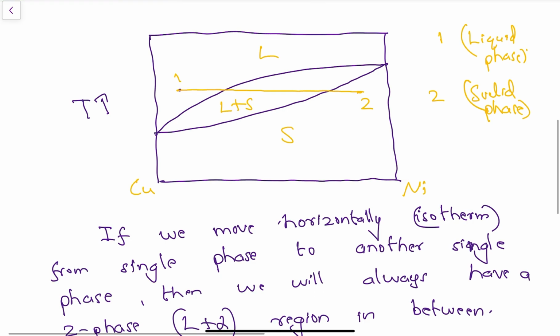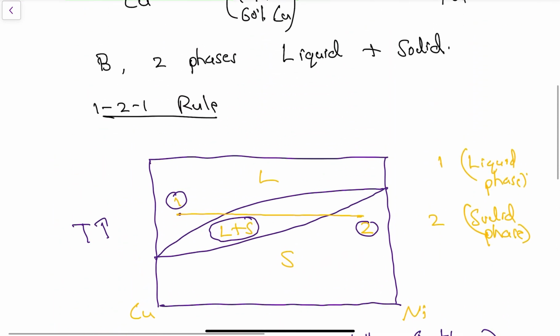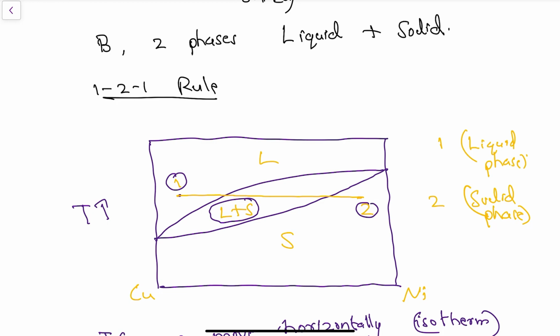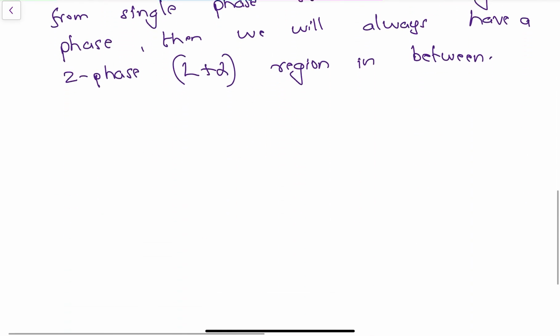So in this particular example, we move from 1 to 2. You can see that we encounter a two-phase region here, that is liquid plus solid. So that is what this rule states. That is called the 1-to-1 rule. If we move from one single phase to another single phase, then you will encounter two phases in the middle. Okay, this is the 1-to-1 rule. So now we will try to answer the second question, that is